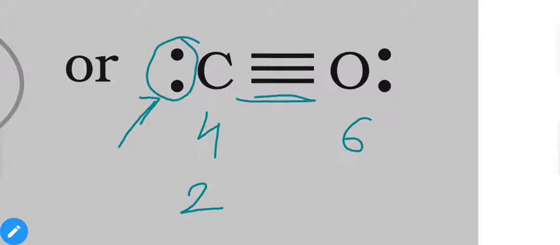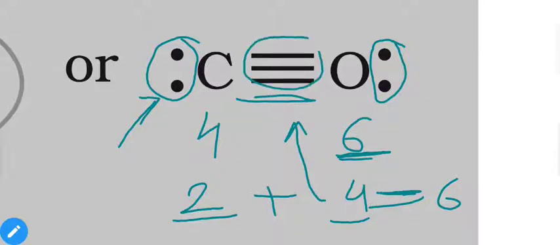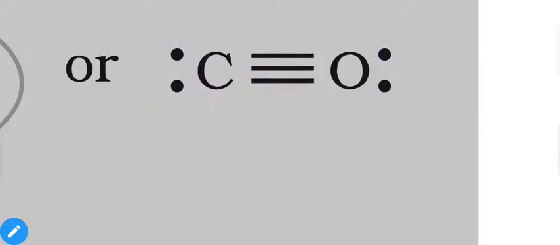For oxygen, as we know, we have a total of 6 valence electrons, and only 2 are still present in it. That means 2 electrons are unused out of 6. So how many electrons of oxygen are being used? We have a total of 4 electrons used in this bond formation. So as we can see, 2 from carbon and 4 from oxygen, we have a total of 6 shared electrons, and that's why we mentioned the triple bonded structure.